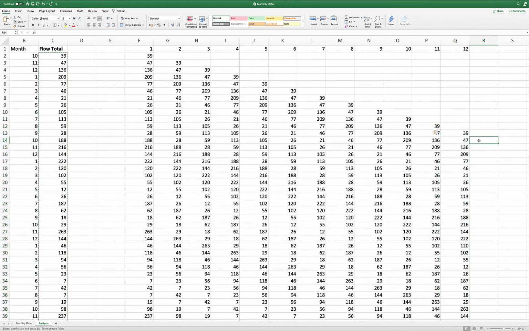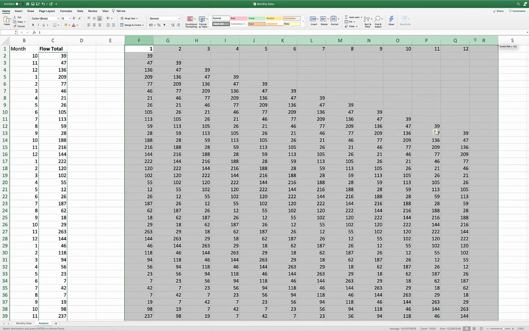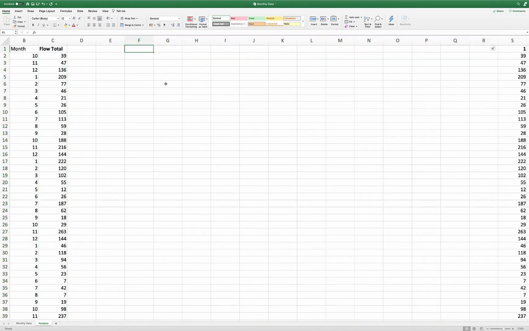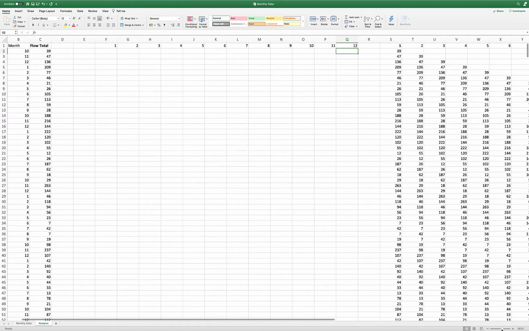So I shall shift by 1 month each time. And so what this now means is if I were to insert some columns in here and move that to the side, I can then recreate my 1, 2, 3, 4, 5, 6, 7, 8, 9, 10, 11, 12, and if I just make this a little smaller in here,